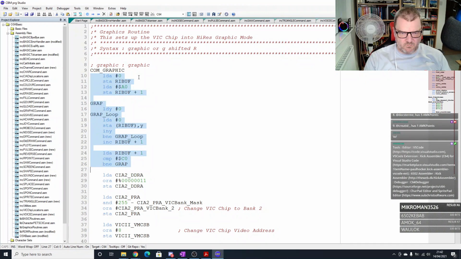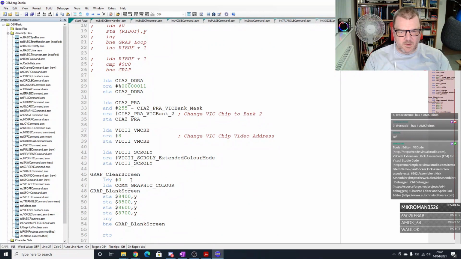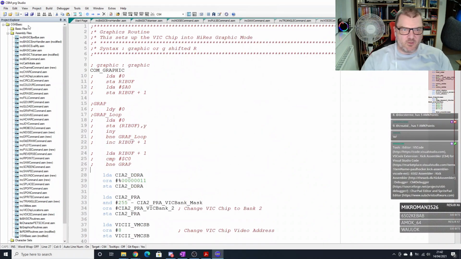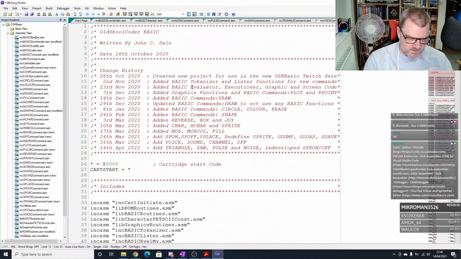So we rem out that. We'll leave that there because that makes the background white, so we'll leave that as is. So now graphic will not wipe clean. So if we